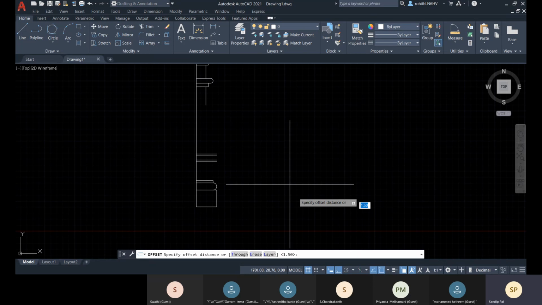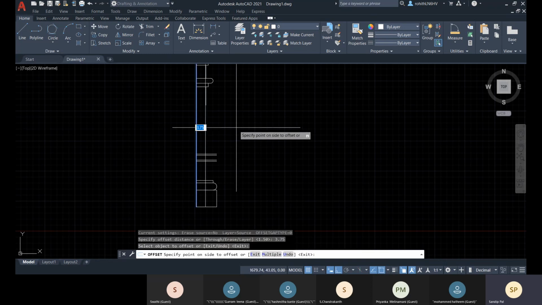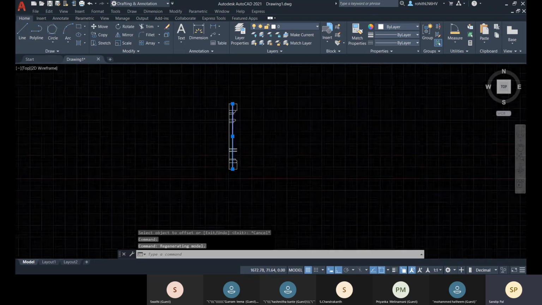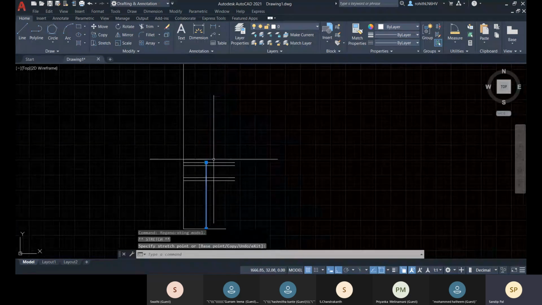So let's go with the offset, and here let me define half value 3.75, enter. Let's specify this point, and you can specify other points as well. So let's go with this 3.75 there, and about this point let me just take it up to this.